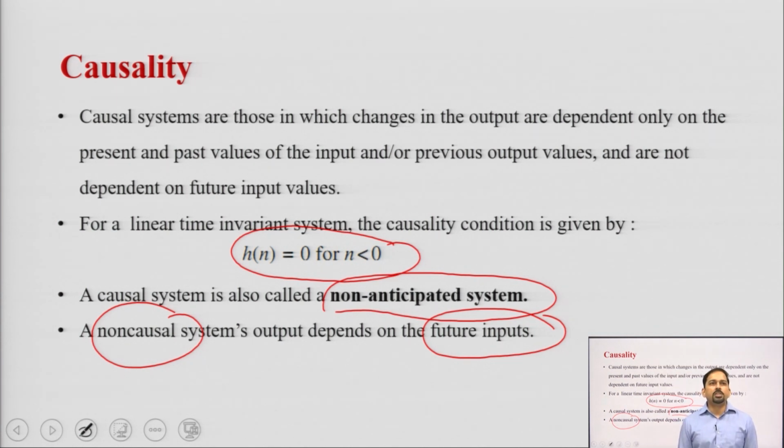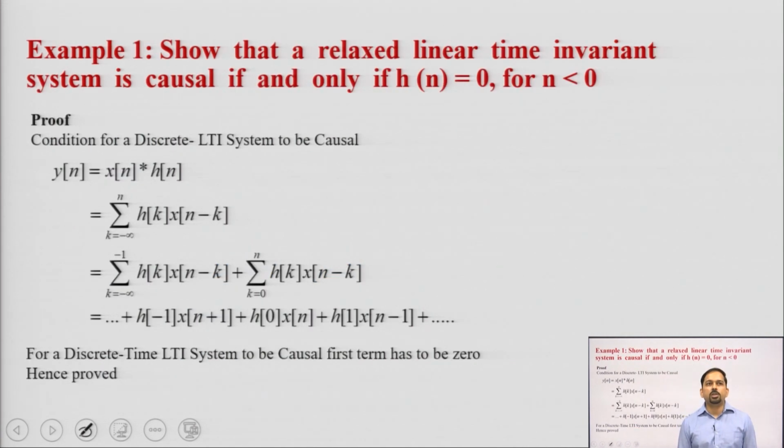So, we will see some cases, some questions, on how we can identify whether the corresponding system is causal or not. We have the first question: show that the relaxed LTI system is causal if h[n] equals 0 for all n less than 0. So, how can we prove this property? Basically,